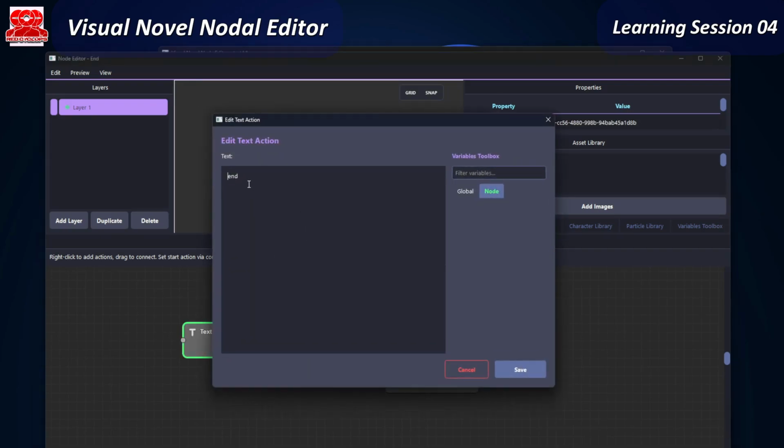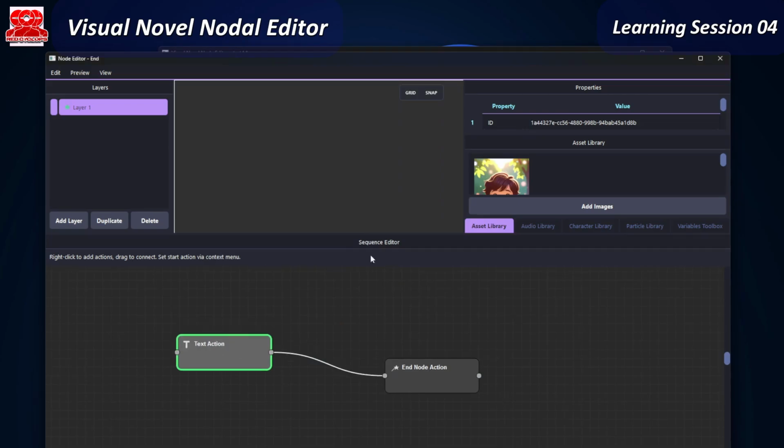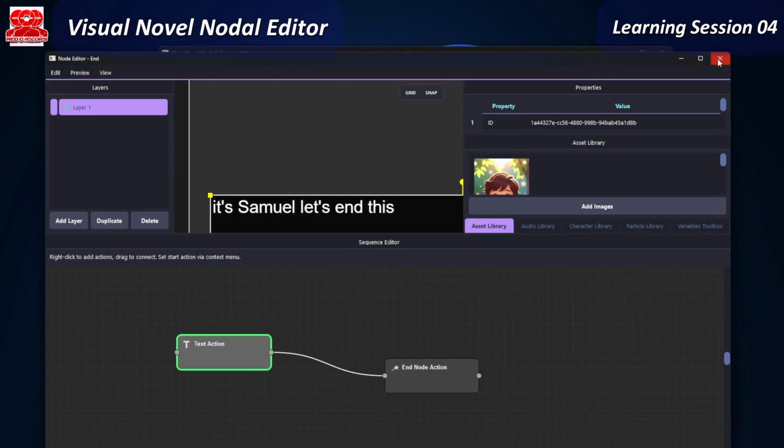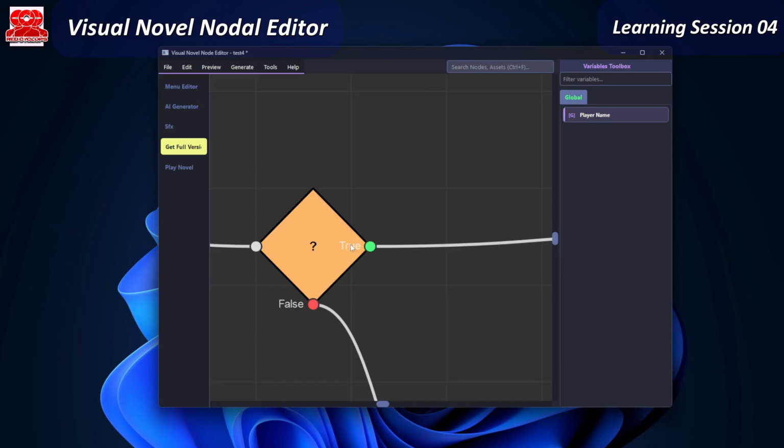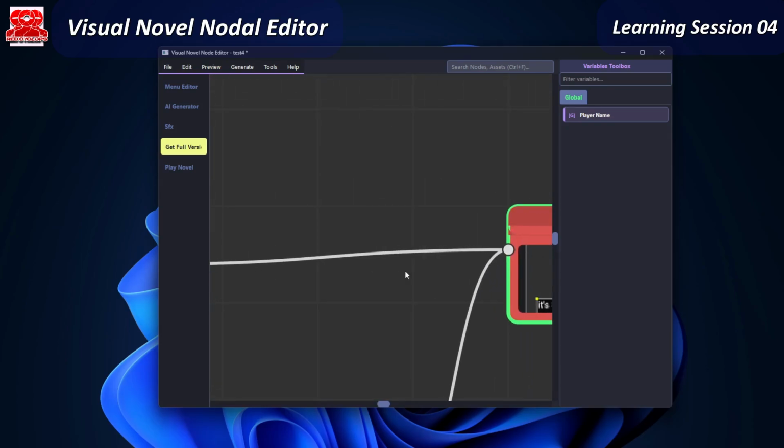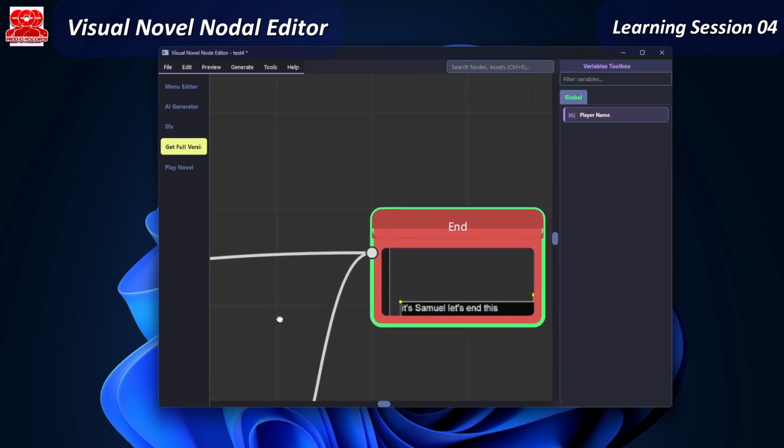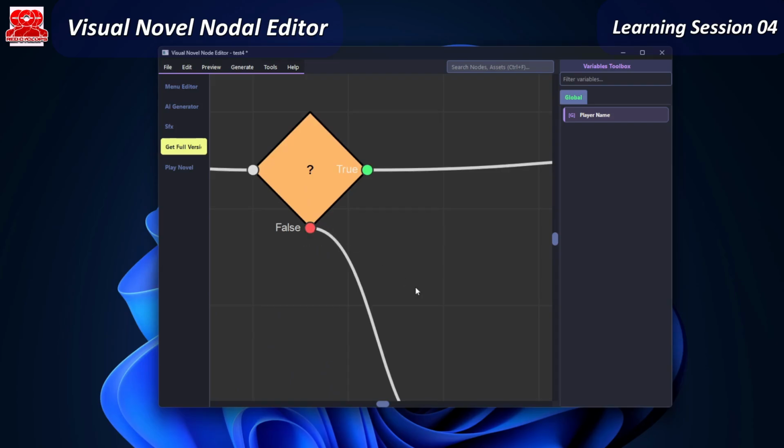Here at the true output, so it's Samuel. Okay. Right there. So if variable is equal to Samuel, we go here. And if it's false here,